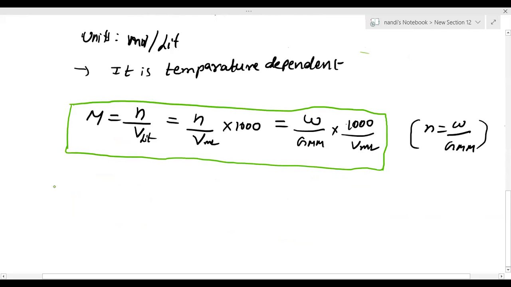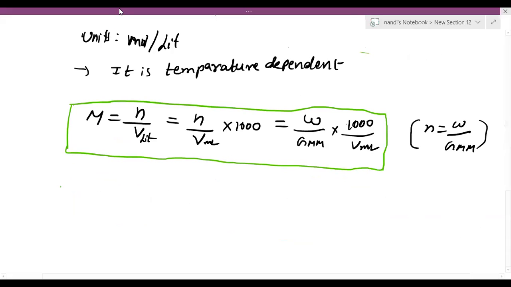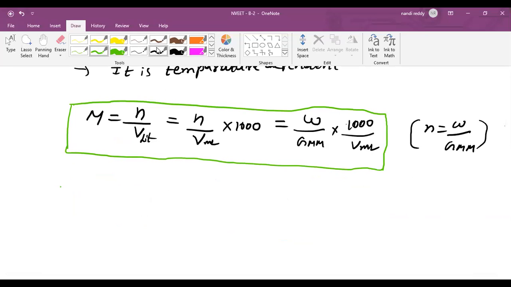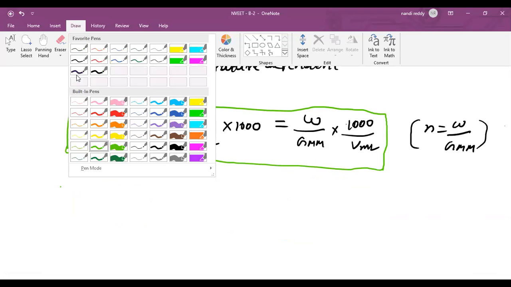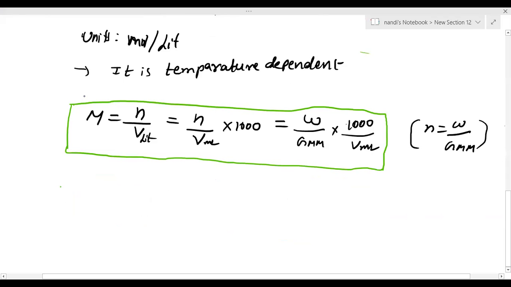Now I'm writing here again, molarity equal to. Direct questions, everyone can solve, sir. If they are interrelated questions, then only it is difficult. By giving W by W percent, they can ask molarity. By giving W by V percent, they can ask what is the molarity. They won't ask direct questions like this. If they give direct questions, we can solve very easily.